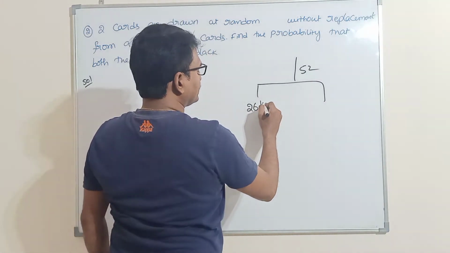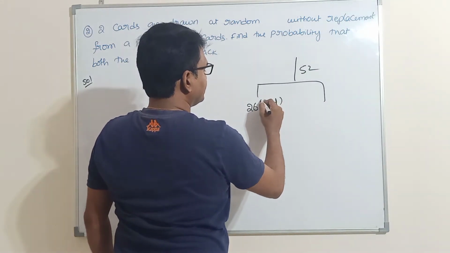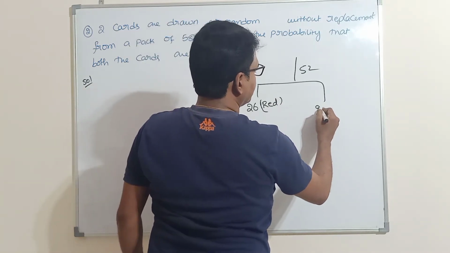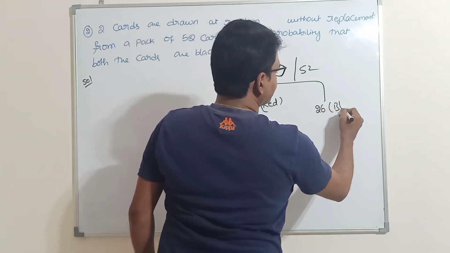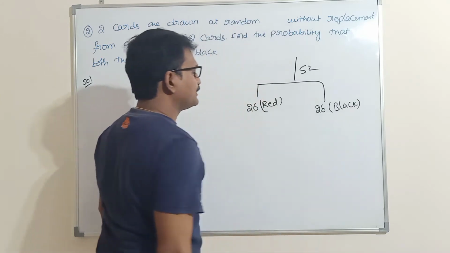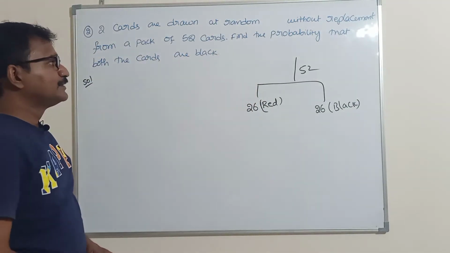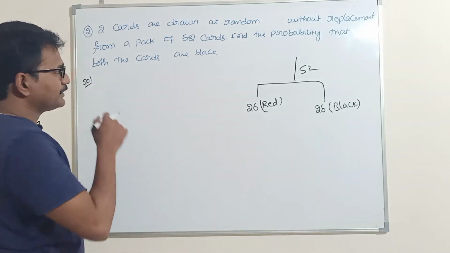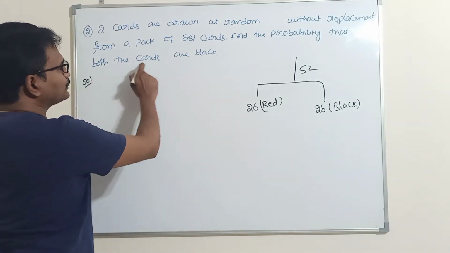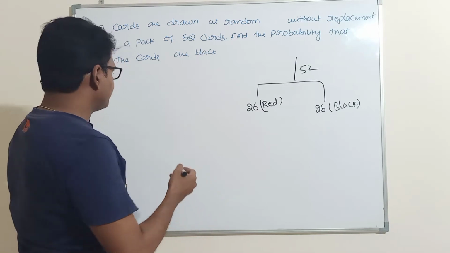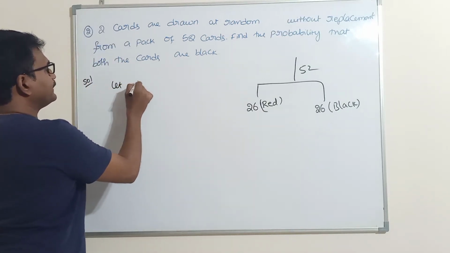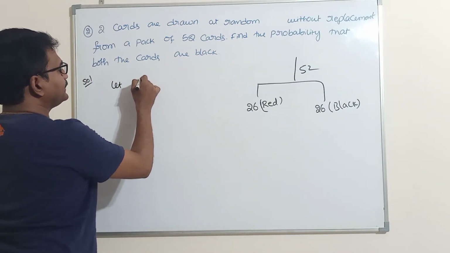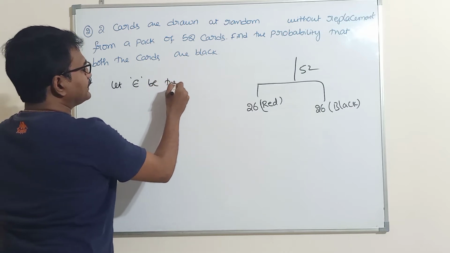26 are red color and 26 are black color. So a pack of cards contains 26 red cards and 26 black cards. So two cards are drawn without replacement from 52 cards. Find the probability that both the cards are black cards. So let E be the event of